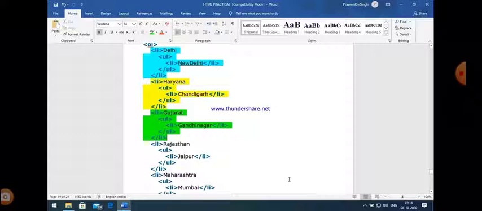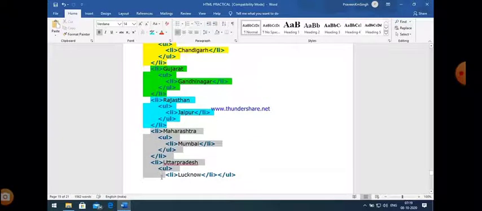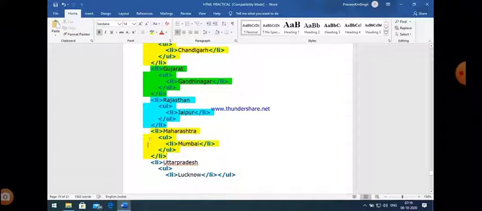Rajasthan is an item of the ordered list, and Jaipur is an item of the unordered list. After that, Maharashtra, Mumbai should be displayed. Maharashtra is an item of the ordered list, and Mumbai is an item of the unordered list. After that, Uttar Pradesh, Lucknow should be displayed.